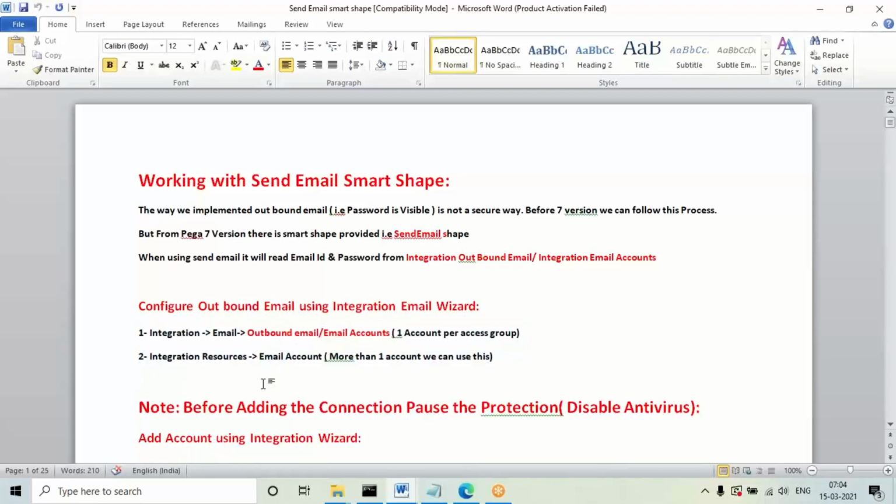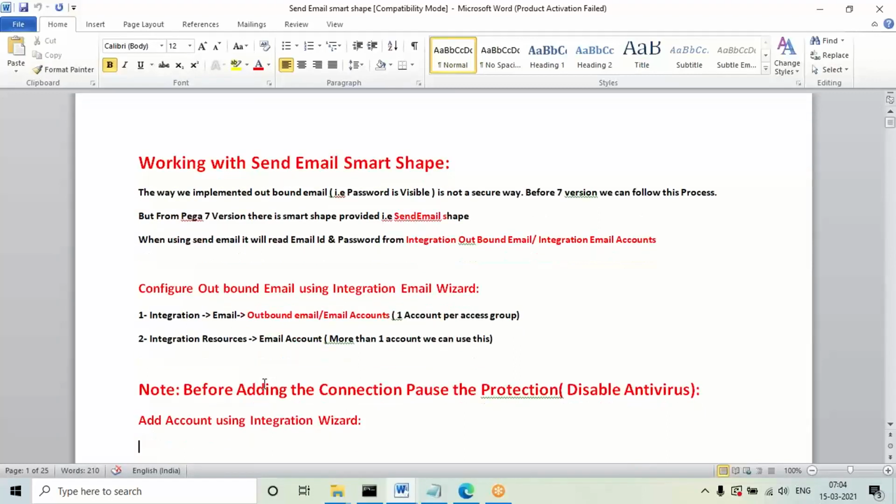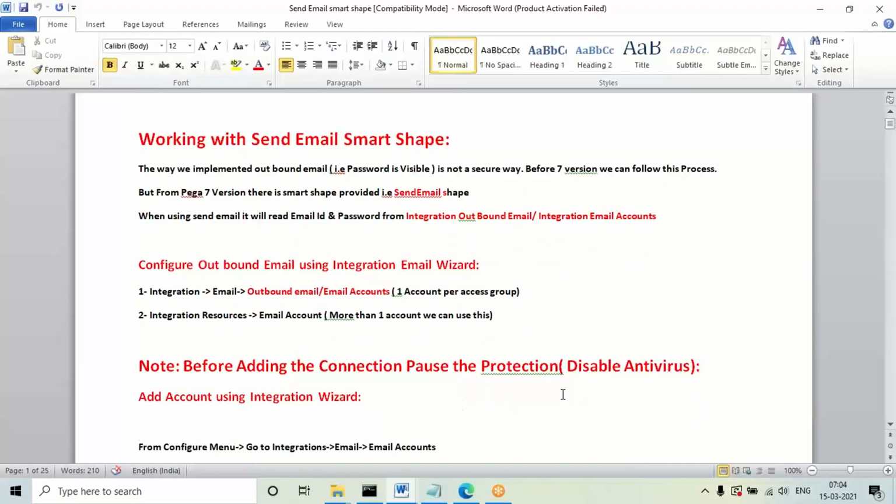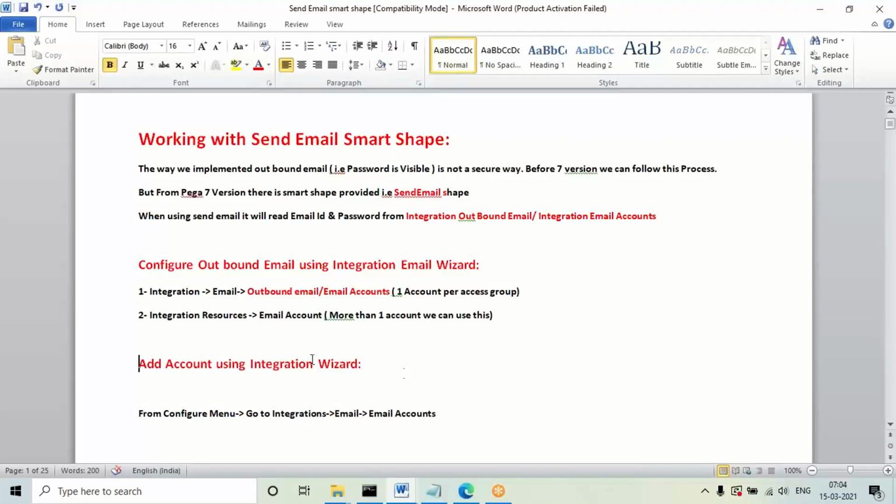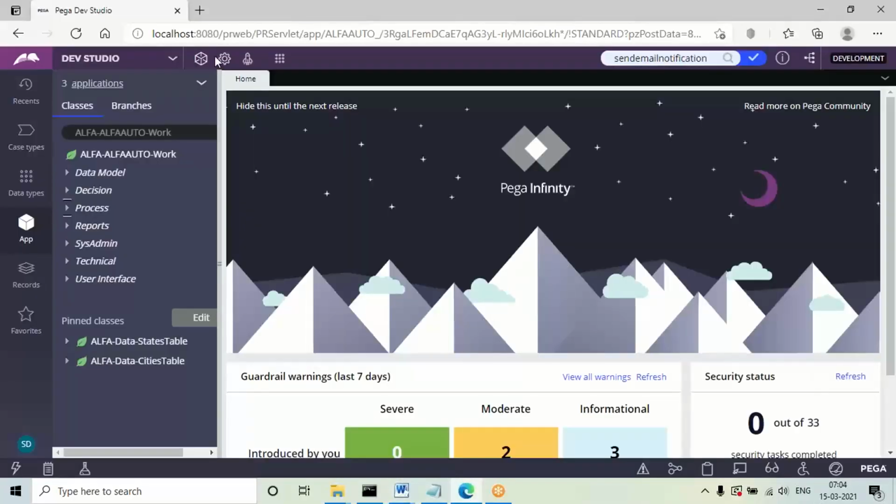In old versions this is required, but not required in the present version, because anyway it will not work in the present version. Don't worry, this step is not required. Only in the previous personal edition it was working, so that's the reason it was required, but it is not required in the present versions. In this personal edition it will not work anyway now. But we'll understand how to configure the steps.